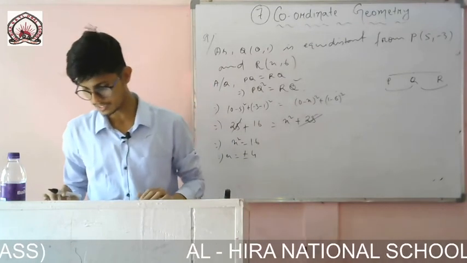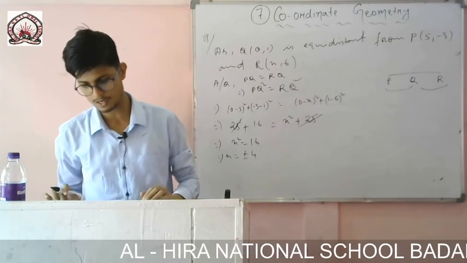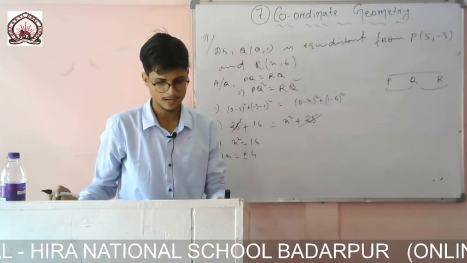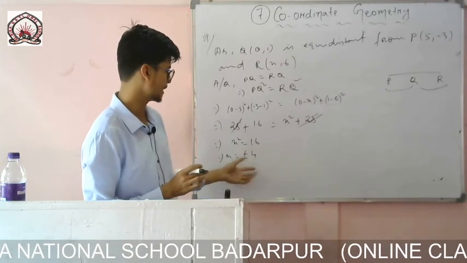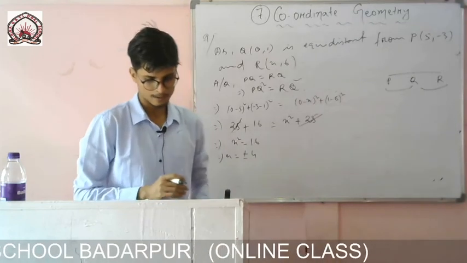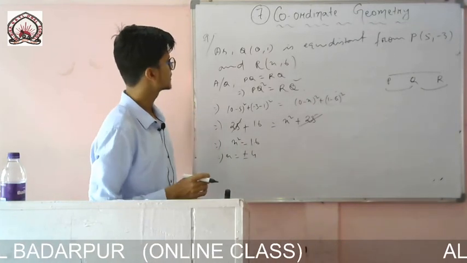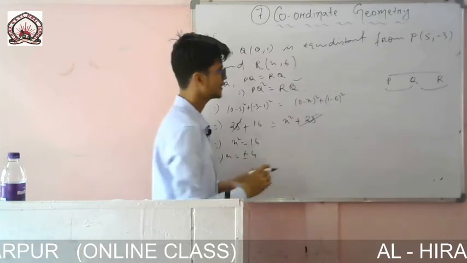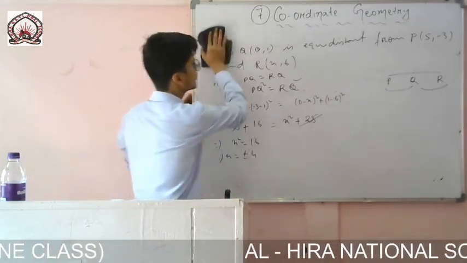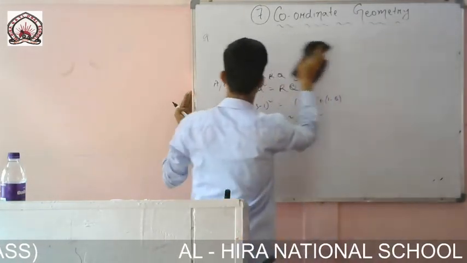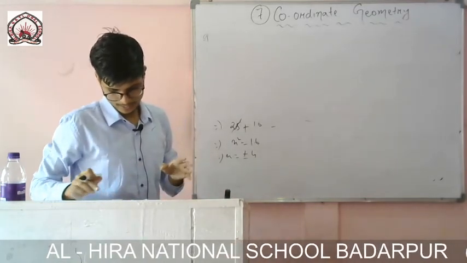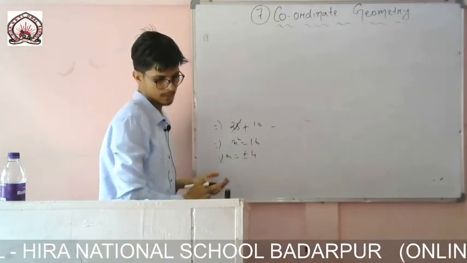But now the question is given, find the distance QR and PR. So you have to find the distance. One time by taking plus 4 you will find the distance, another time by taking minus 4 you will find the distance. Okay, so now let us find. Up to this much it is okay. Now what we'll do, you will take one time as plus 4, another time minus 4.